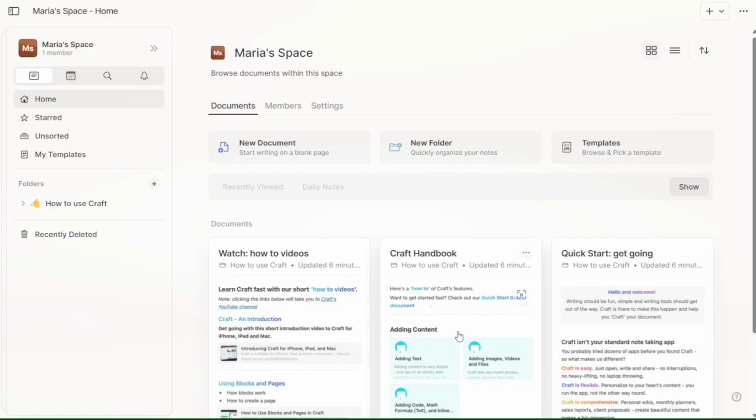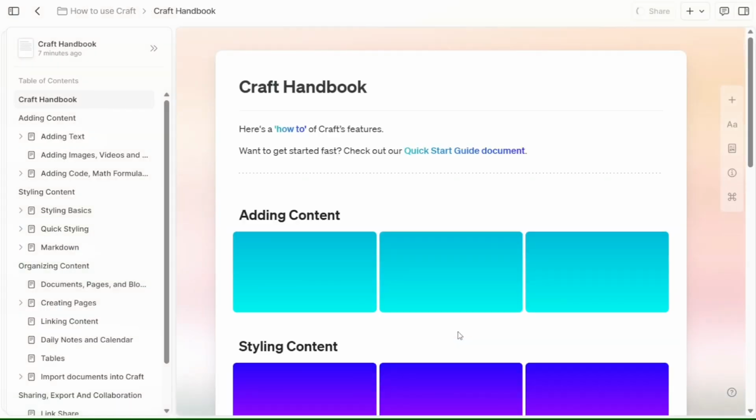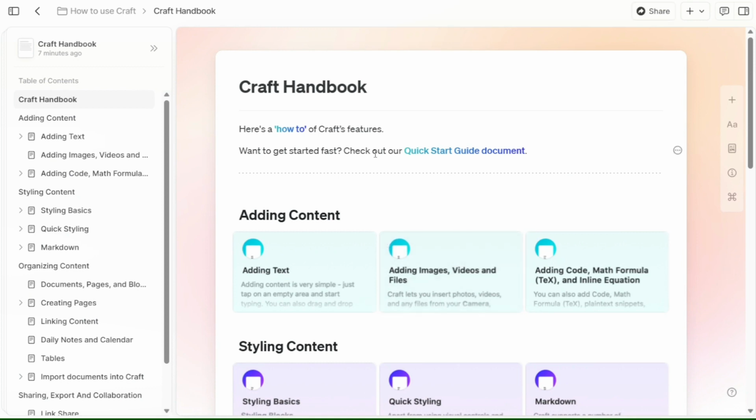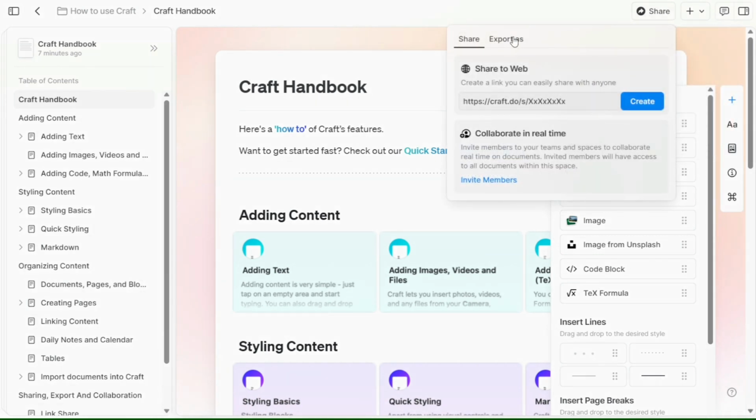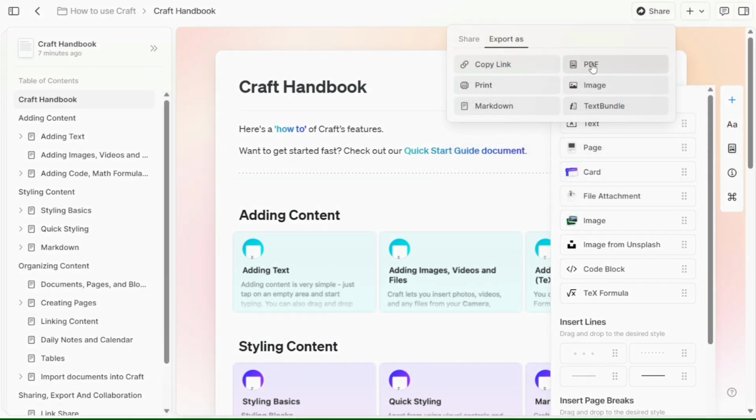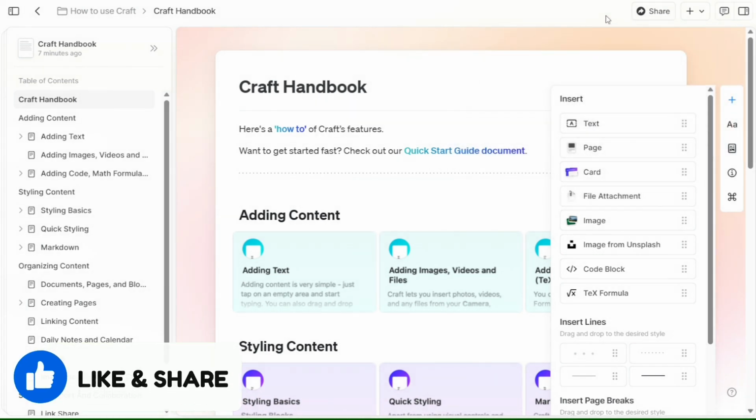Craft Docs is a powerful collaborative document editor that can help you manage your team's projects and documents. In this tutorial, we will take you through the basics of using Craft Docs, from creating a new document to collaborating with your team and sharing your work with others. Whether you're a new user or an experienced one, this tutorial will provide you with a comprehensive overview of Craft